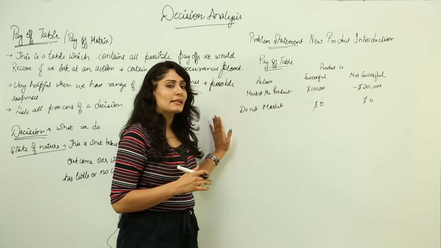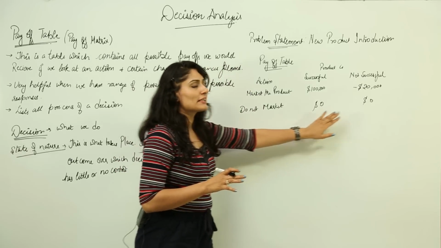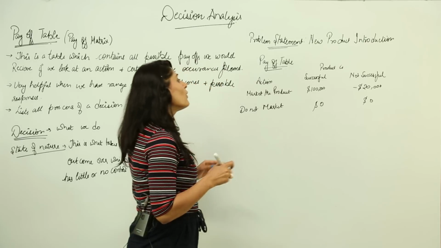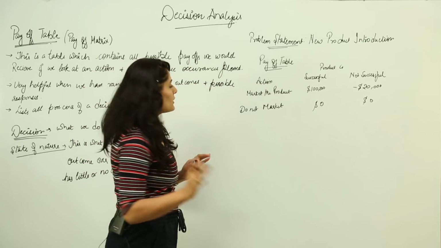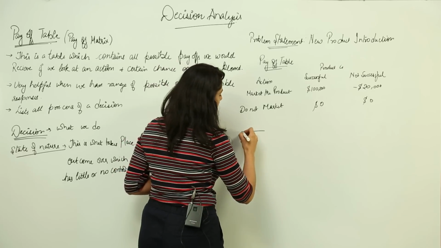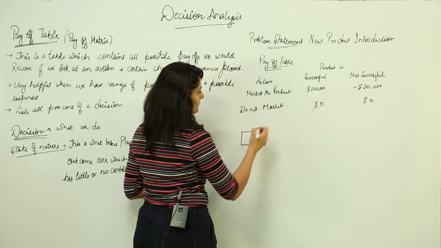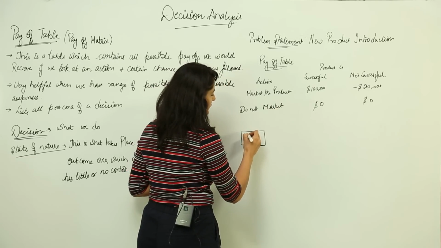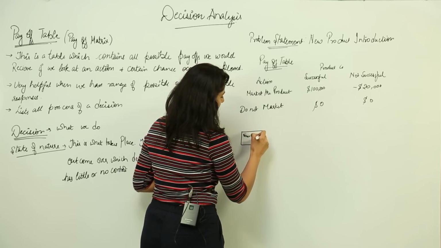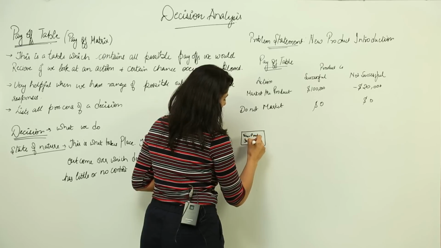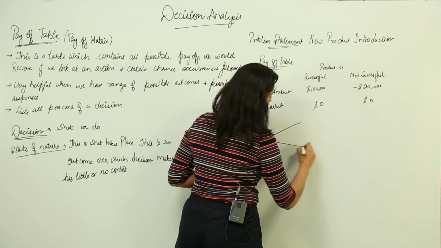And if I am not doing anything, so I am assuming that nothing is invested, nothing has been done, so it is basically zero. Now for this simple problem, we have to draw a decision tree. What it would look like, you already know, I have already made it, so I will just make it quickly. So basically this is our decision, new product introduction, right.